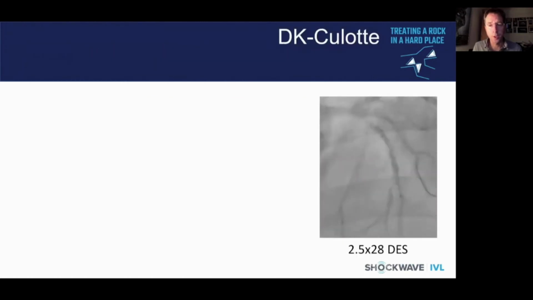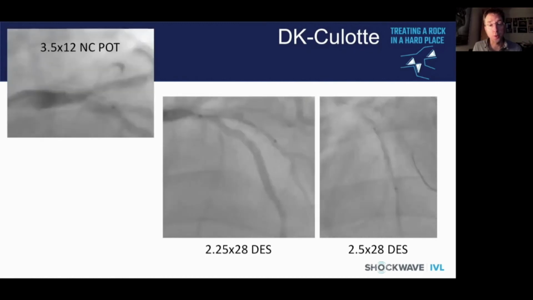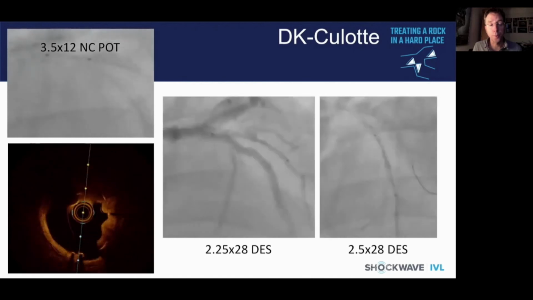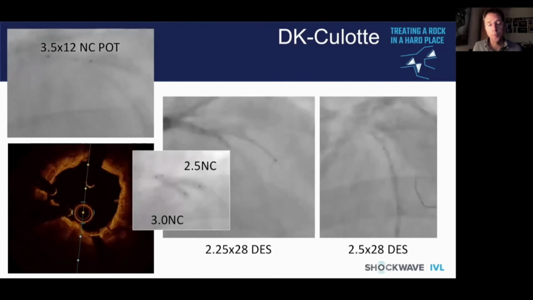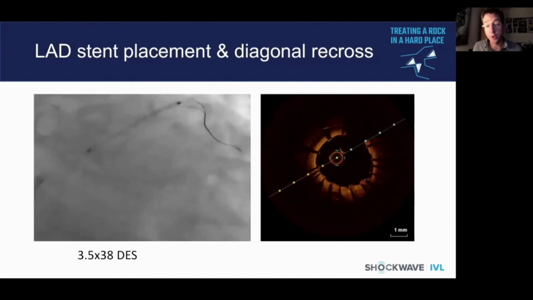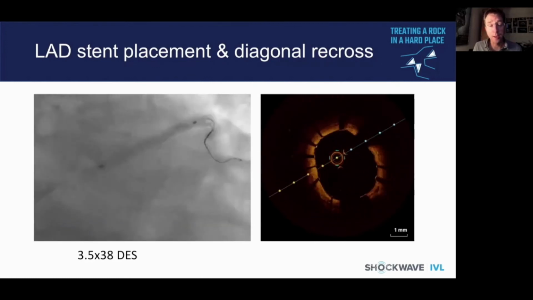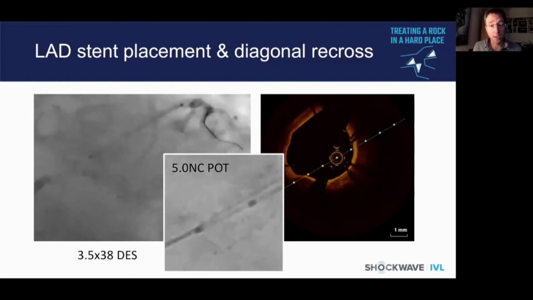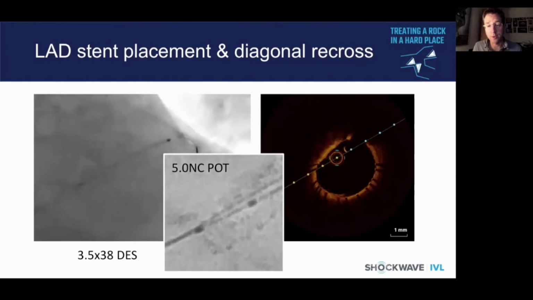So embark upon stenting distally with a 2.5 by 28, stenting into the diagonal with, again, a DK Calotte technique. So proximal optimization, again, with a 3-5 balloon, OCT confirmation of wire passage into the LAD, kissing, followed by then the proximal LAD stent. Now, interestingly, the OCT actually shows that the stent inadvertently extends back into the left main,